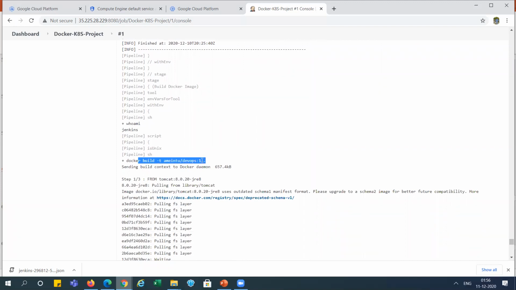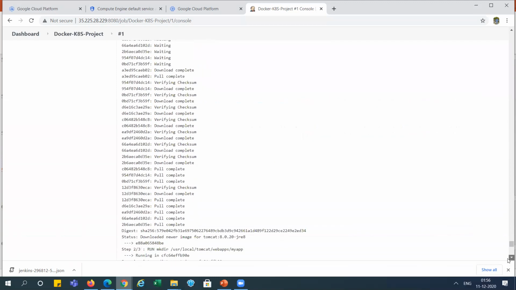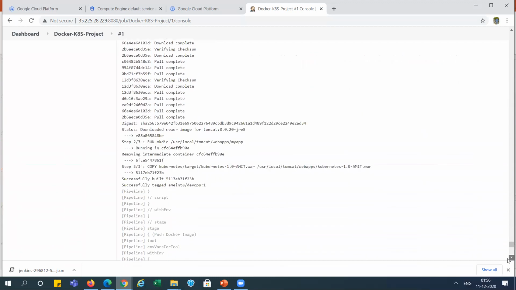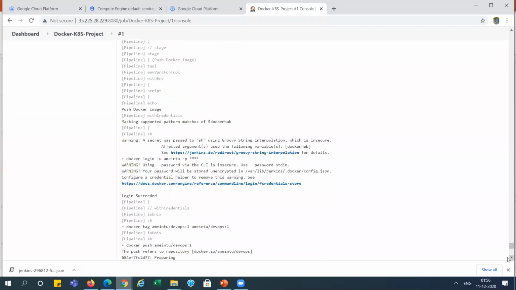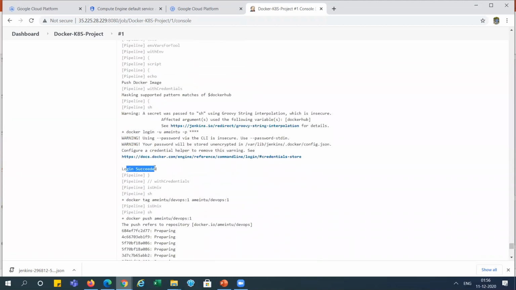And it is a build number, it is showing over there, and it is created, right? Now, after creating the build, it is pushed to Docker. You can see it is login succeeded with Docker. Now it is pushed to Docker, right?